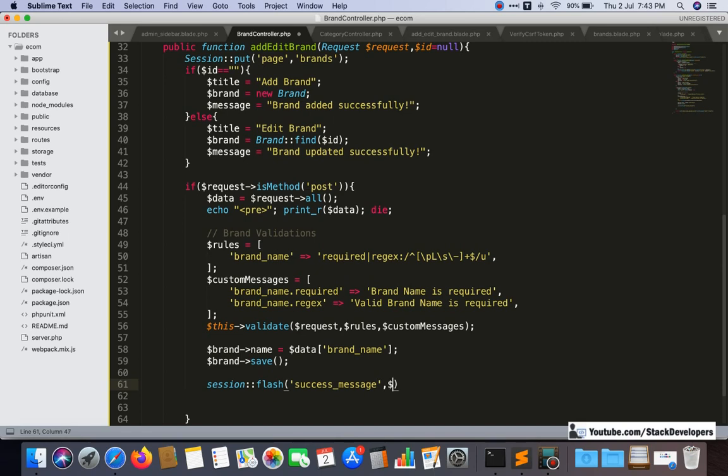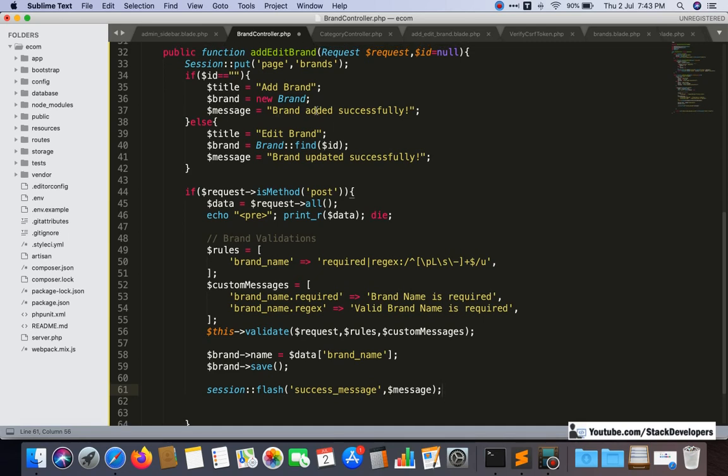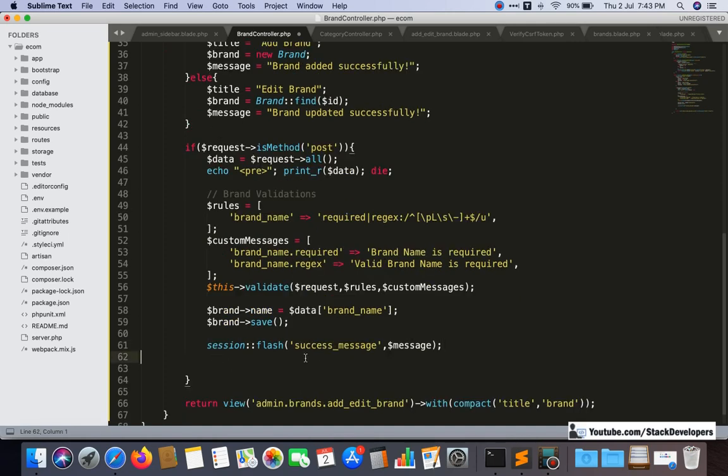With $message we have already added it here: in case of add, brand added successfully, and in case of edit, brand updated successfully. So the message is already there.